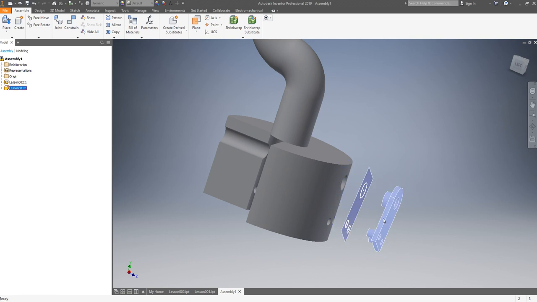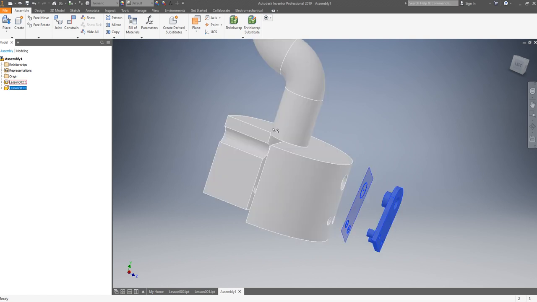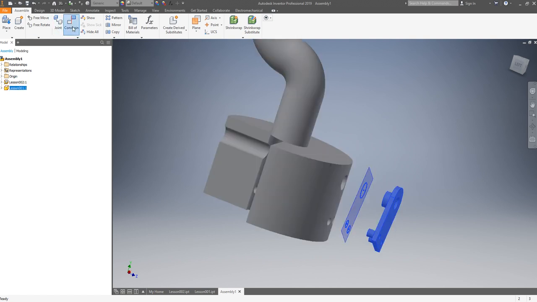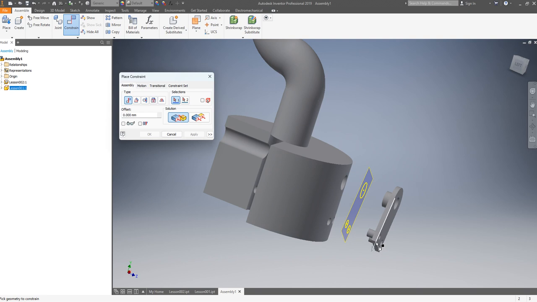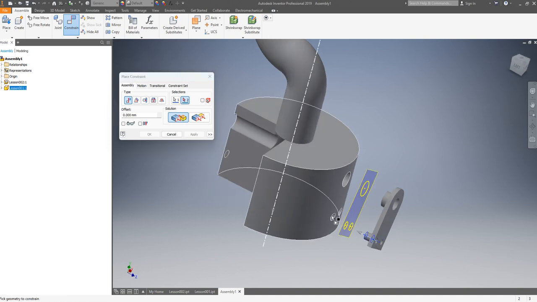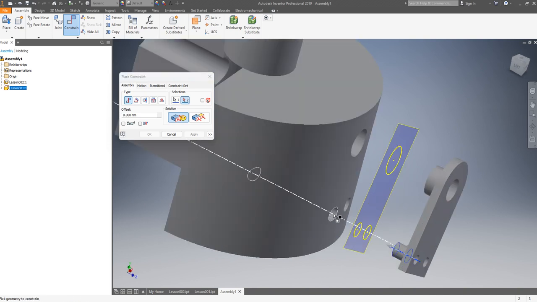So that's 2 degrees of freedom left. We'll put more constraints to stabilize it. Do the same thing. Axis, then axis. Select this one. Click OK.